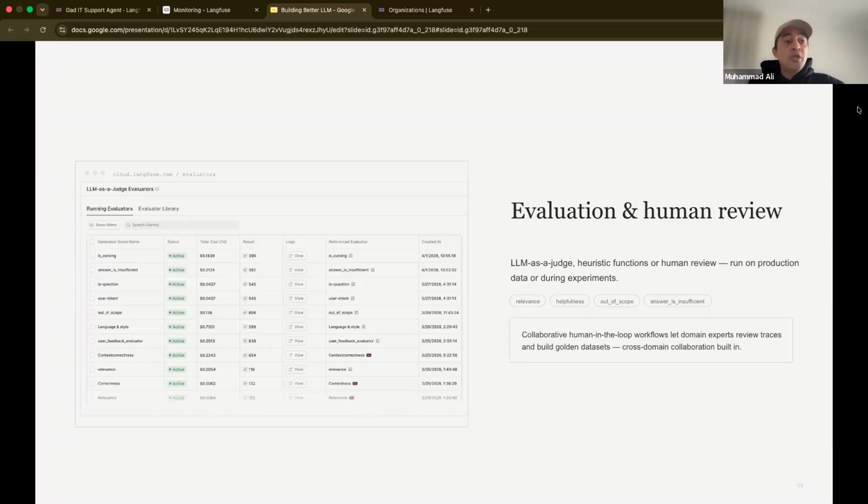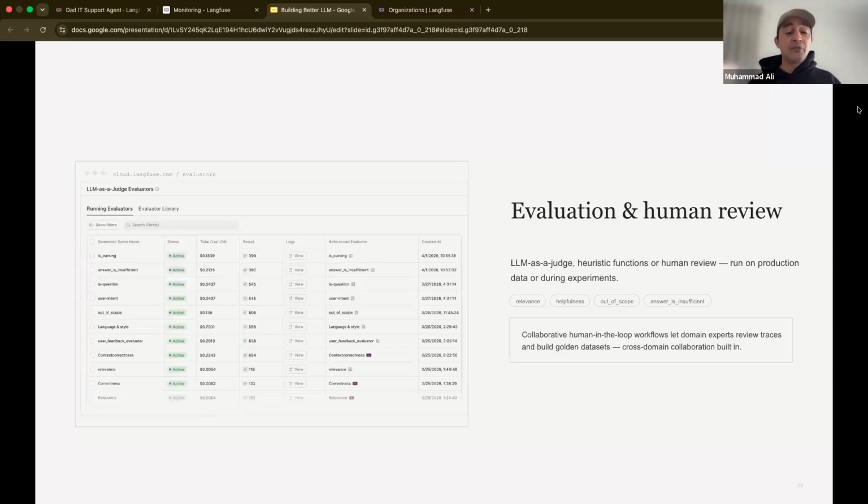Human review is also critical. So, for example, if you understood from your traces that users are consistently asking for things that you did not take into account at development time, you can have them reviewed by humans. There is a feature called annotation queues, which allow you to pick the interesting traces and put them into these queues where SMEs can jump in and see the input of the users and the output of the agent, and potentially give you some additional information.